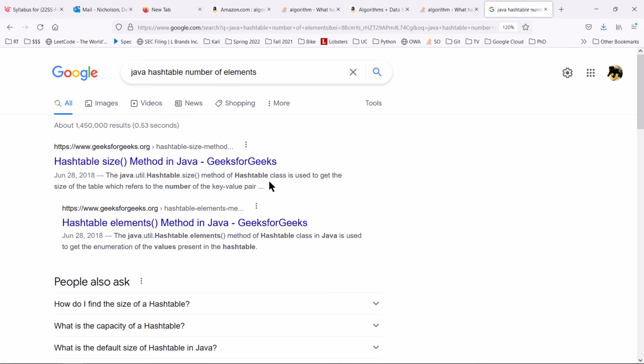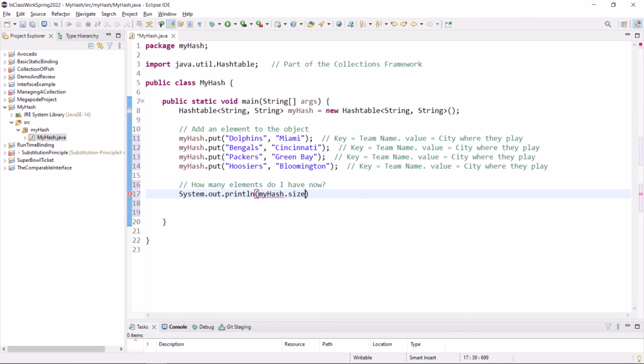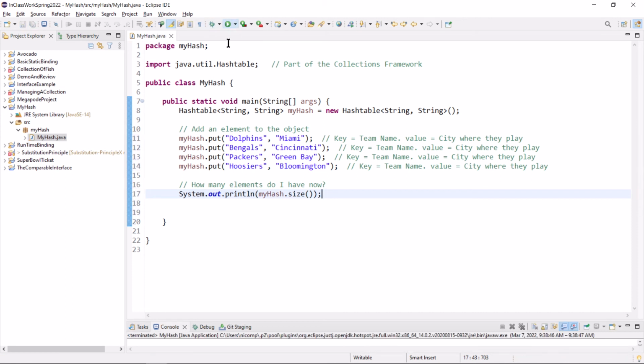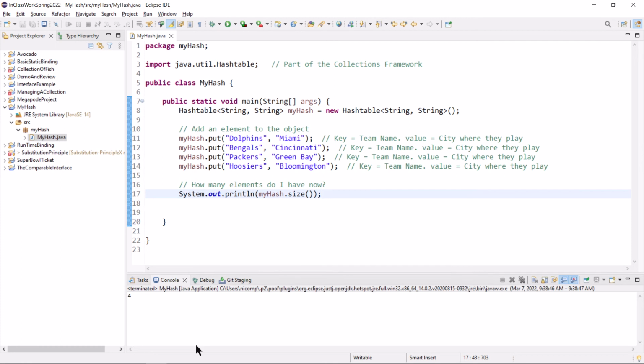The size method is used to get the size of the table, which refers to the number of key value pairs. That should be 4. Yay. Happy with that.